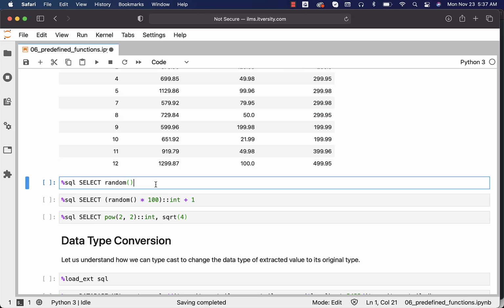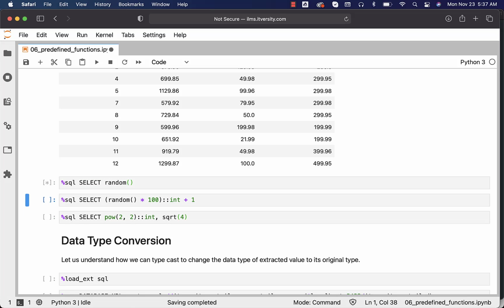We can use random function to get a random decimal number. However, if you want to typecast it into integer and generate numbers from 1 to 100 or 1 to 10, you can still use this, but you need to first multiply with 100, then increment by 1. Let's see the output of the random first. You can see that it always returns a decimal